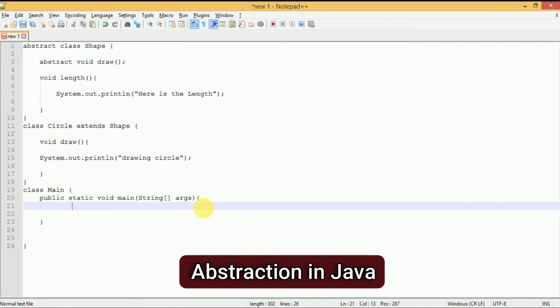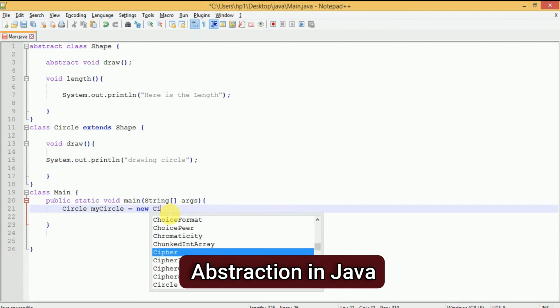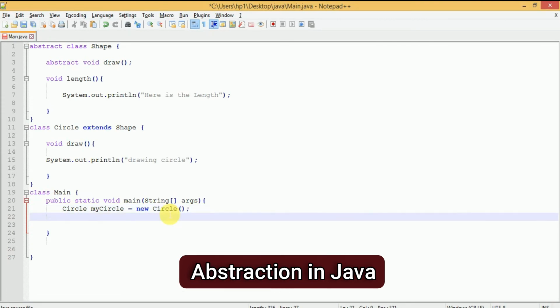first I am going to create an object of class Circle. So for that, Circle myCircle equals new Circle. Here I just created an object of the class Circle, then just call the method, like myCircle.draw from this class Circle,